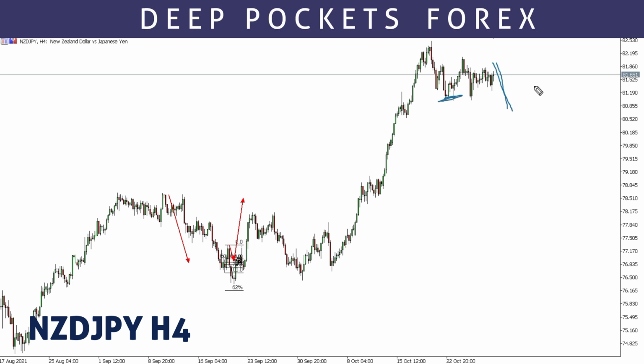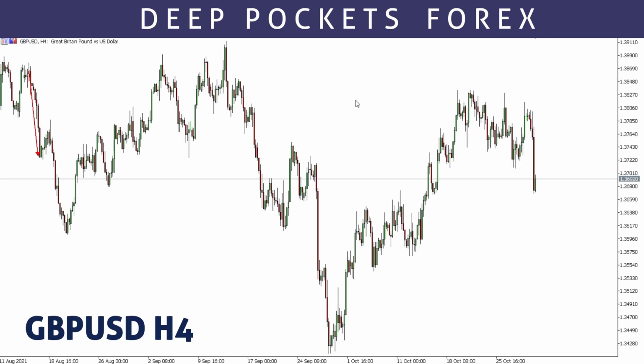That's on NZDJPY. This is GBPUSD. For GBPUSD, just as we expected this previous week, we expected this corrective structure to complete, then we said we'd be expecting one more up here. From this previous week we had expected this up move from here, but just as we were saying, price moved up, and then from here price pushed up to expand this corrective structure,